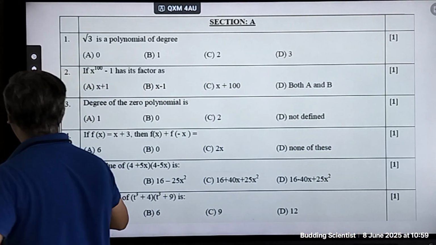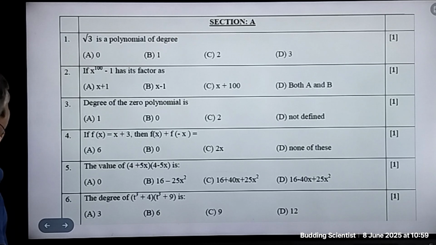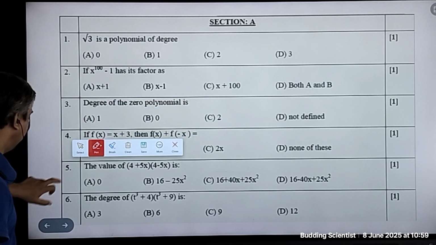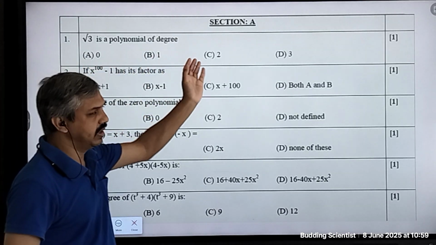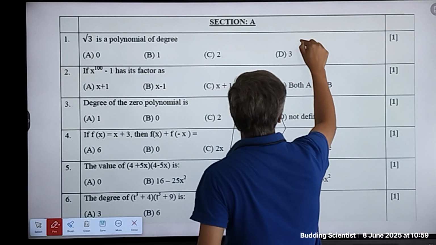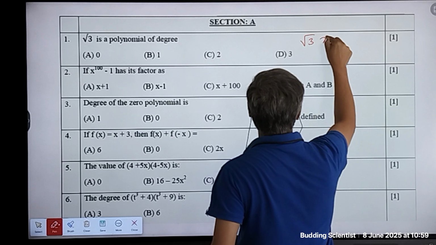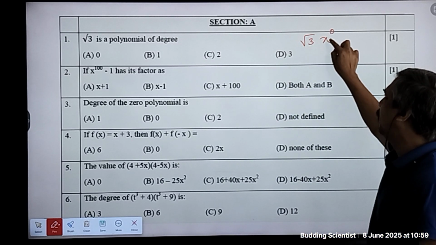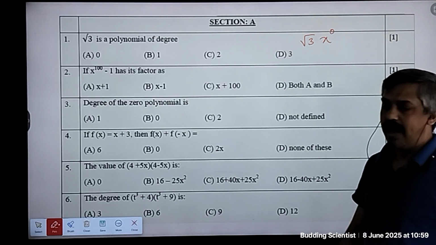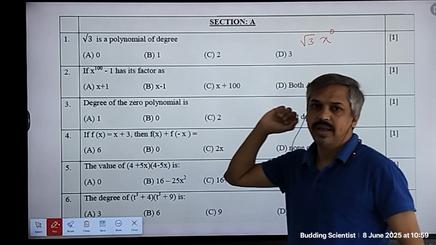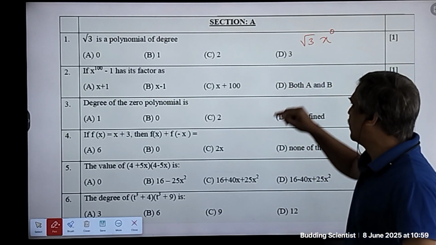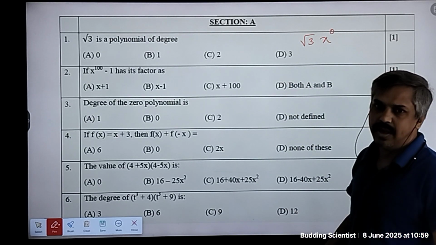The first multiple choice question is: root 3 is a polynomial of degree, and we have to choose the degree. Now root 3 as a polynomial is equal to root 3 into x raised to 0. Any constant is equal to constant into x raised to 0. And there is no other term of x. So if there is no other term of x and the only term of x has power of 0,